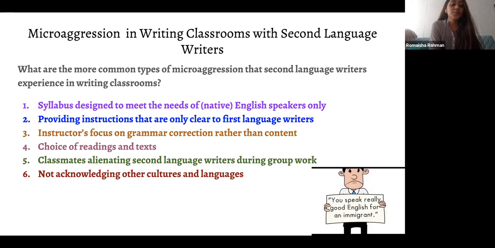Okay, so the first one: syllabus designed to meet the needs of native English speakers only. Why I have native in parentheses is because oftentimes microaggression is subtle. We don't realize it; sometimes it comes from our subconscious. So while designing our syllabus, we do not think clearly that non-native speakers of English, who may be immigrants or international students or from different cultures, might not understand some of the language used in the syllabus or the topics that are meant to be discussed. For example, if you assign a student,